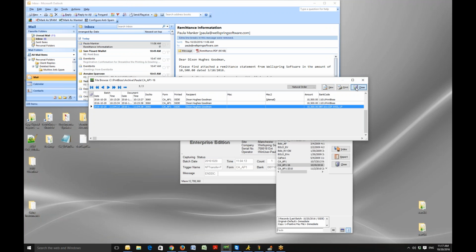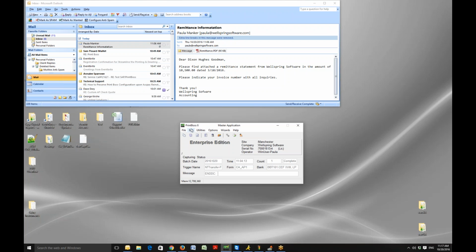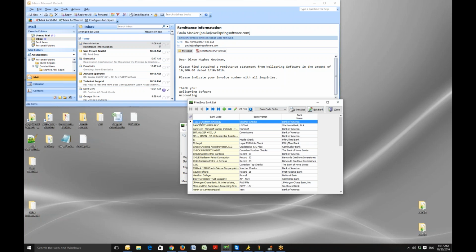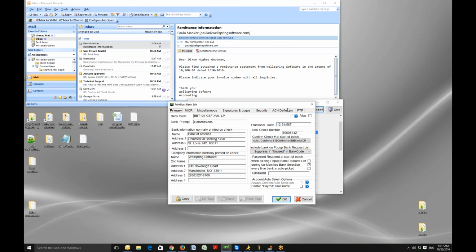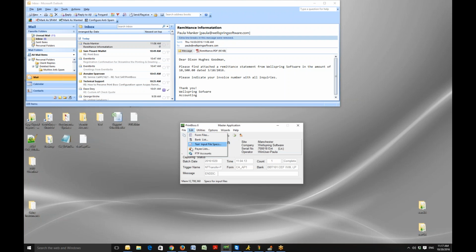The payee list itself, I'm going to get out of the archives, and we're going to go to the bank. So everything that we edit is under the edit list. And then the bank, I changed the name when we printed. I think it's this one right here. Okay, so our bank itself, this is a sample of a US ACH file, but this is where I added the payee list. The payee list is added to the bank list. It doesn't have to be used for ACH. And then that payee list also lives under the edit